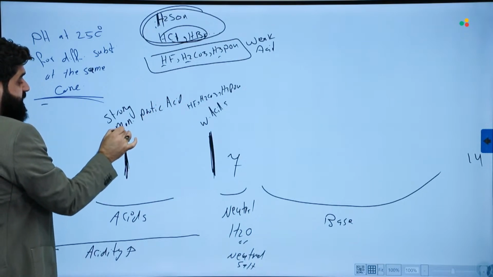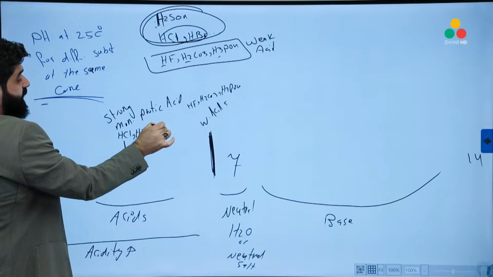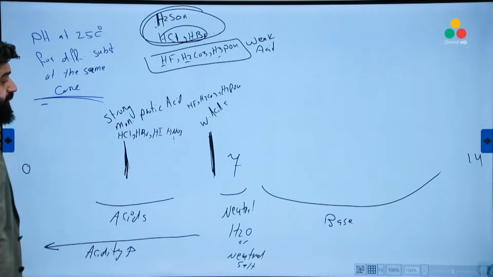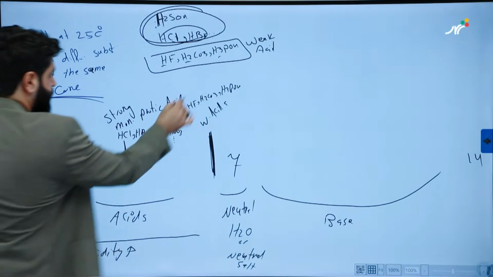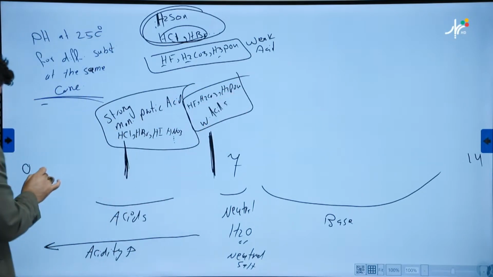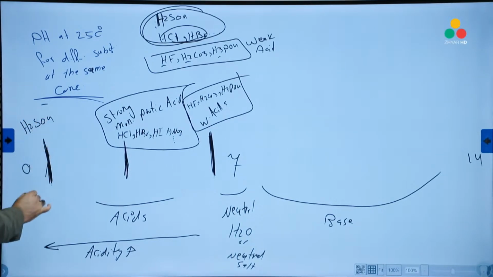Example, HCl, HBr, HI, HNO3, and so on. Okay? Good. How about here? Okay, here, this is the house of sulfuric acid, H2SO4,